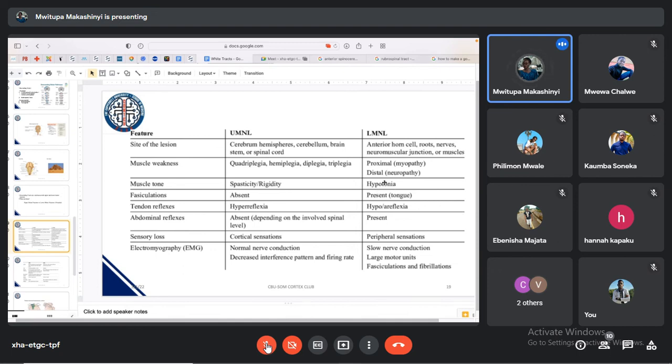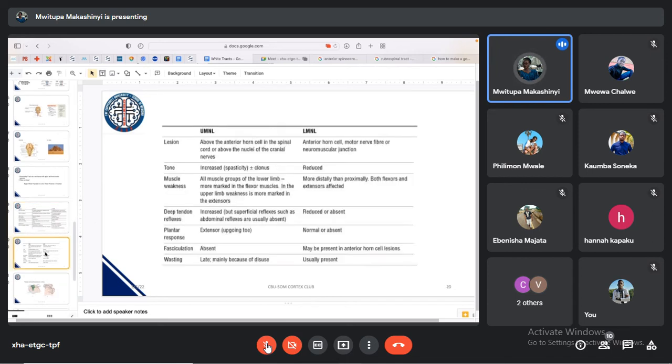So upper motor neurons, when they're affected, can cause spasticity and rigidity in the muscles, whereas for the lower motor neurons, it'll cause hypotonia. So I think the next table explains this better, in the sense that it mentions that with lower motor neuron lesions, you have reduced effectiveness of the muscle, whereas with upper motor neuron lesions, what you'll have is more frequent